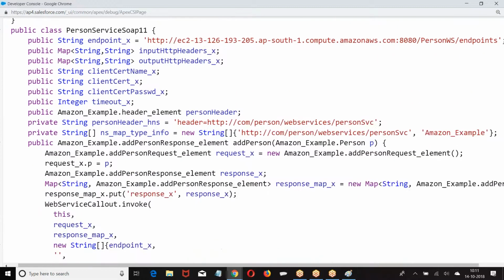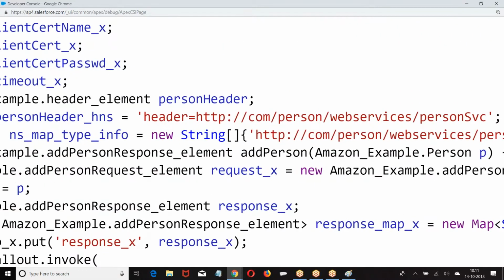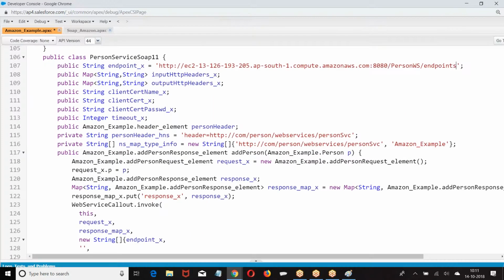Otherwise, you'll be finding a header element where I was supposed to pass my authentication header, or else body, which I have to pass in the parameter. No authentication, leave it. I hope you are good. In the URL, if you are supposed to pass, where will you pass? Input header. In the header, if you want to pass, header element. In the body, if you have to pass, parameter. Was that clear? People who followed? Have people followed this?